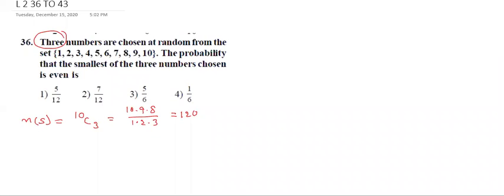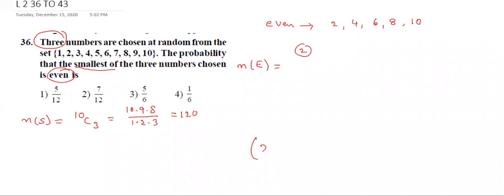Next, out of 1 to 10, what are the even numbers, students? Even numbers: 2, 4, 6, 8. 10 is also even, right? Now here there are different cases. So the first case, we are selecting the two numbers. The smallest number is even, as given. So I am taking the number 2 as the even one. Out of 3 digits, I have selected 1. This is one of the numbers.